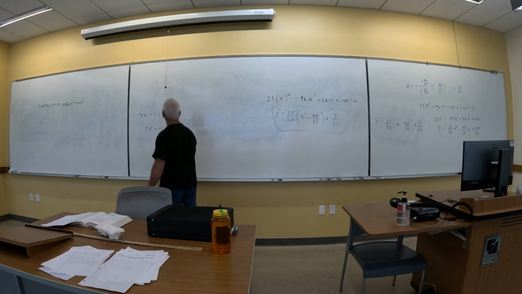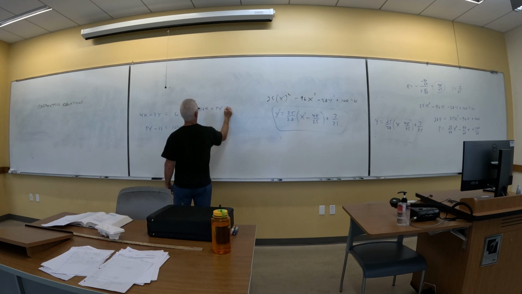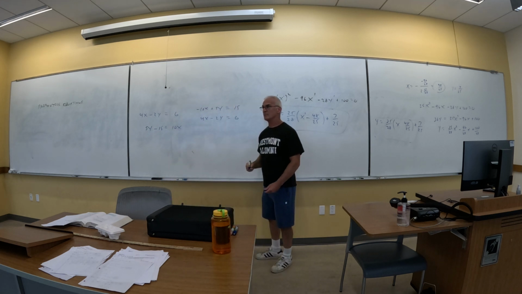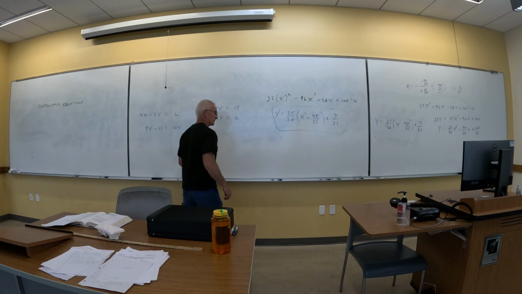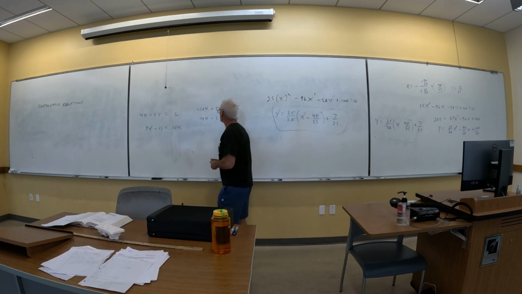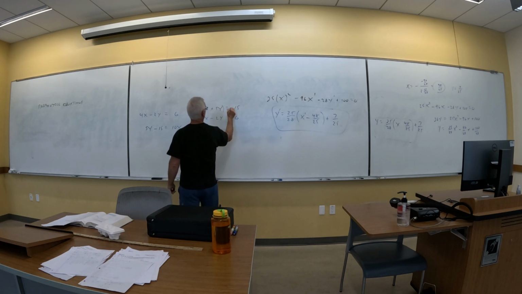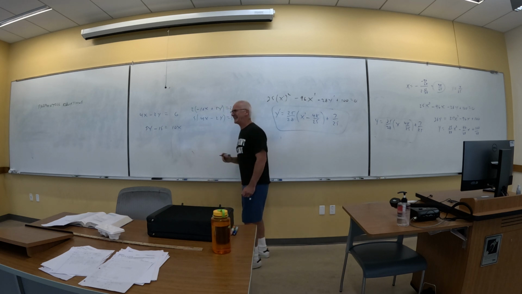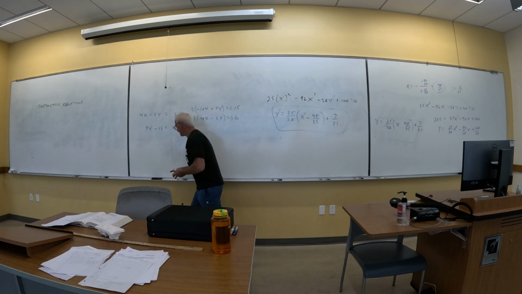Well, maybe how about if I throw the negative 10x on the other side, plus 5y, and I'll throw the 15 on this side, and then I'll have this one. Okay, you with me? So now what would we do? I want to eliminate the y's, so maybe multiply this equation by 2, and this equation by 5. If I multiply by -5, nothing will cancel. So -5 is probably a bad choice. How about 5? Yeah, that would probably make more sense. If nothing cancels, then not a good choice. Okay, so when I do that,